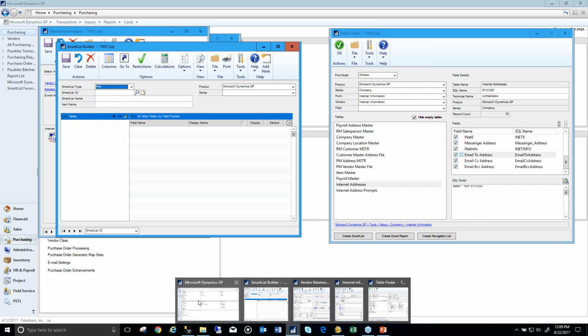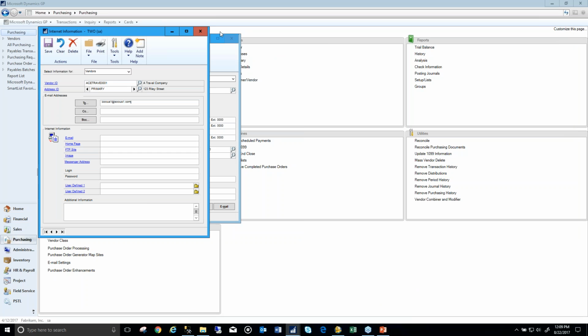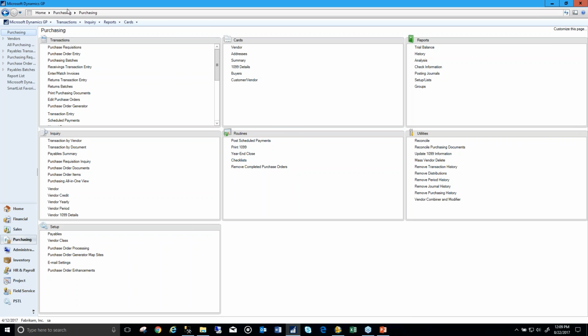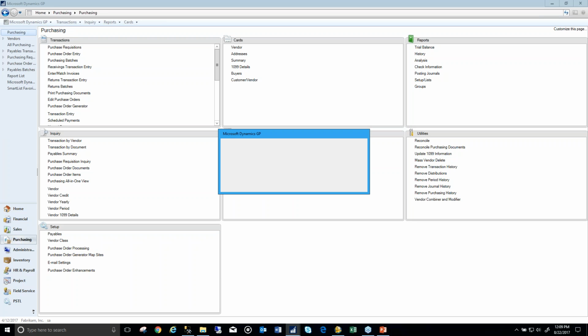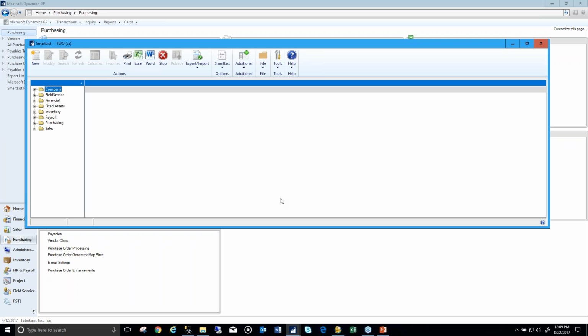I'll go back to my SmartList here. I'll close out some of these other ones too, so we keep a clean desktop. And I'm going to go back to my SmartList. It'll tell me a change is made, so I'll let it create that new SmartList. It's going through all the columns and fields there. Now when I expand out purchasing, I'll see a new one called vendors with email. And when I run that,